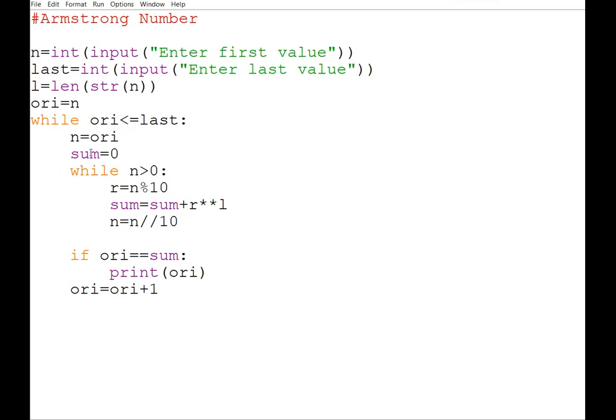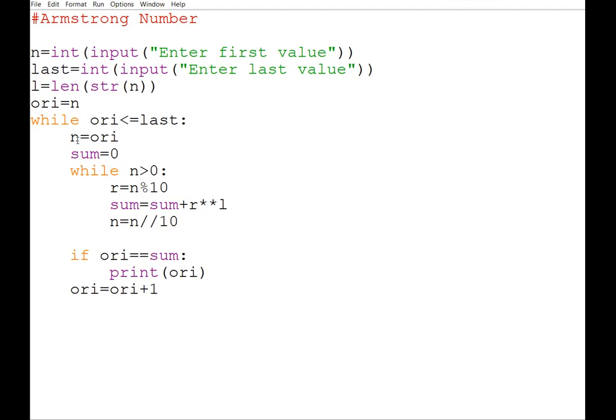This one, see, whenever you are going to find the sum, what you need to do is, for every number your sum should start with 0, no? Otherwise, if this sum equal to 0 you write above this while loop, then in that particular case, all the digits of 111, 112, 113, 114, or whatever numbers, everything will be added in the sum.